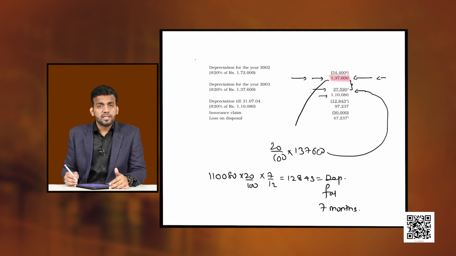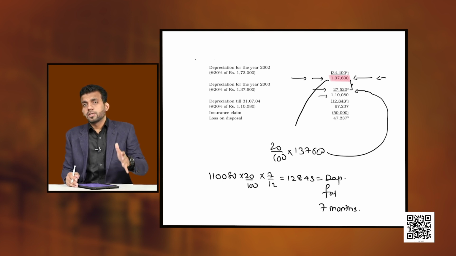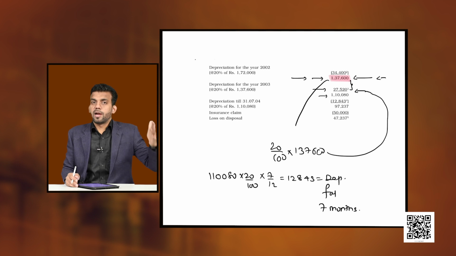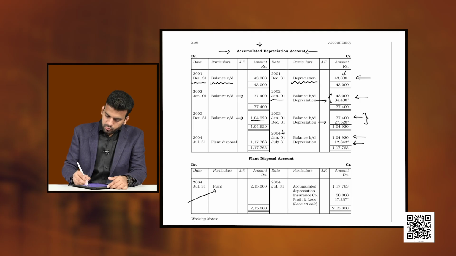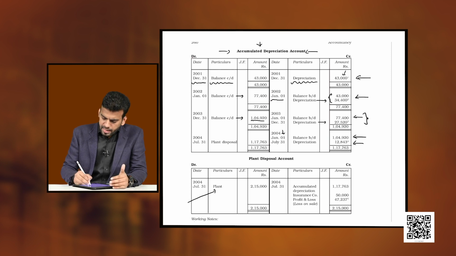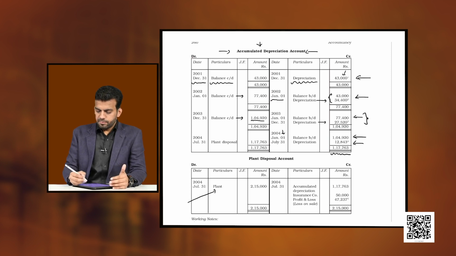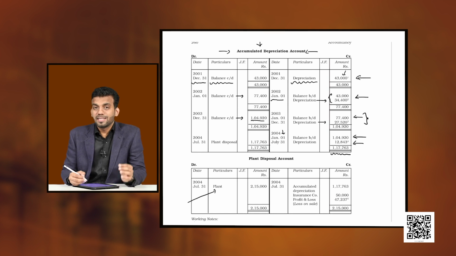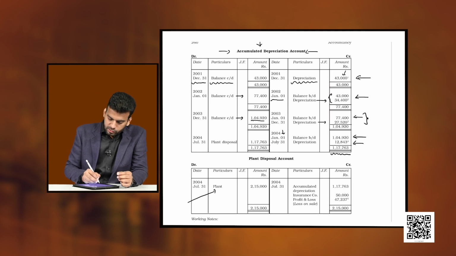Why do we charge it for 7 months? Because the machine is destroyed on 31st July. That means January to end of July. That is why it is 7 months. Now I am going to charge this 12,843 to the accumulated depreciation account. And when I add these two figures, it gives me 1,17,763. It is to be transferred